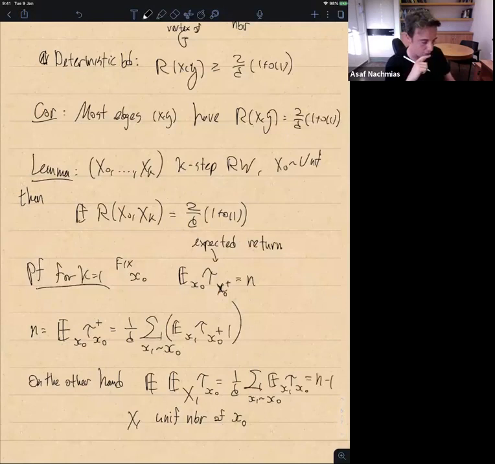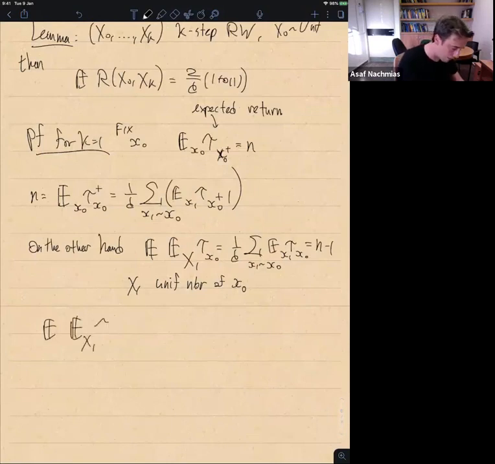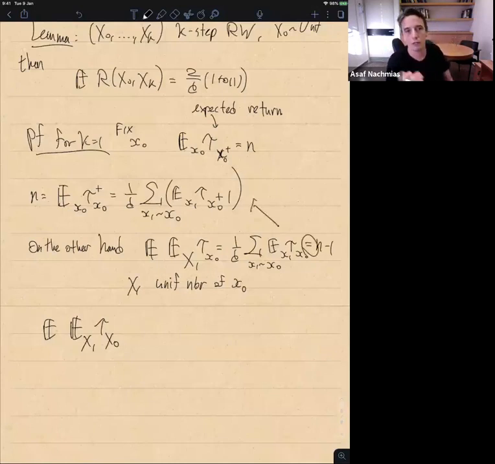Okay, but what we've learned is that if I look at the expectation of this quantity, so now x0 is a uniform vertex, right? This equality is just where I use this, because I have the same thing written except for this one that I've removed. So what we get is that this equals n minus 1 when now both the starting point x0 and x1